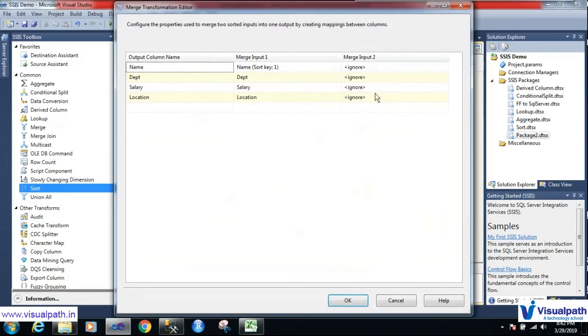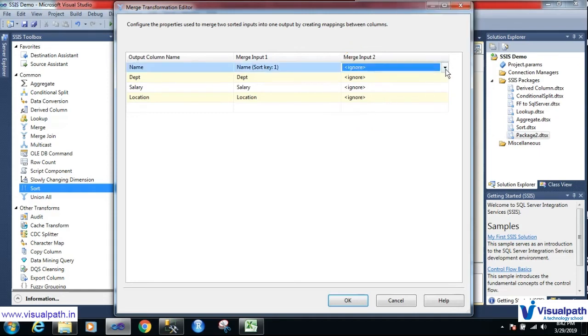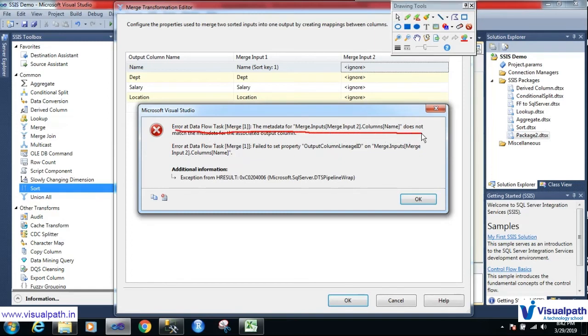So again now to map it, it is showing ignore on the right hand side. Let me click on this name. So again this gave an error at data flow task. Metadata for merge input 2 column name does not match with the metadata of associated output column. That means metadata means data about data.